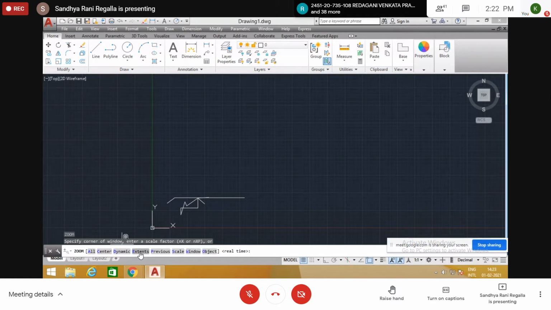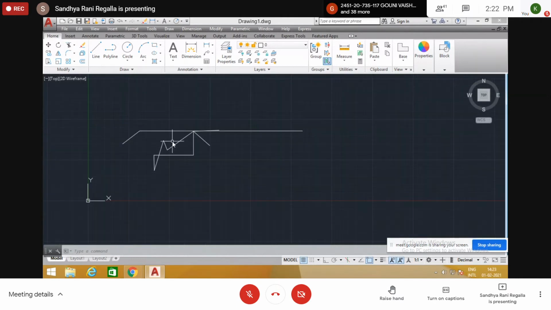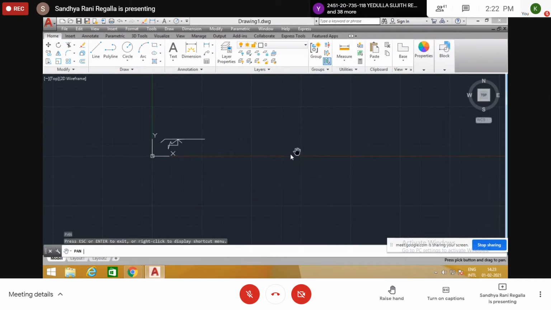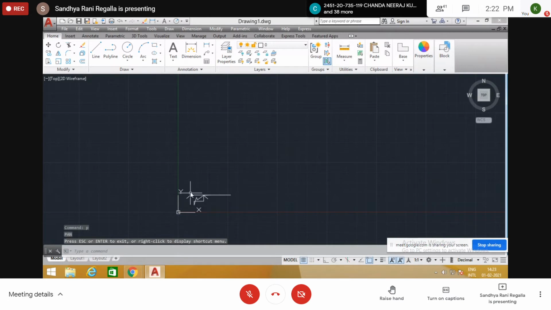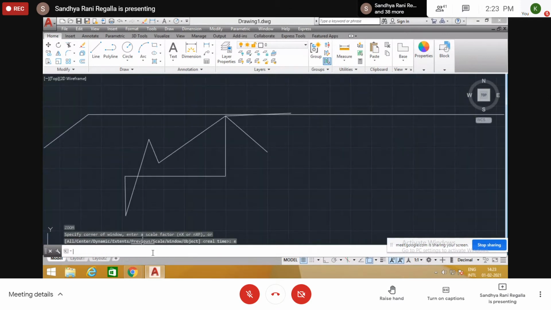Zoom extents means, see, you go to the extents option, E, enter. So whatever diagrams are there on the screen, those diagrams are fully covered by the screen. That is the zoom extents option. Earlier, the diagram is like this. So this is the only diagram, a very small object here. Now if you go to the zoom extents option, whatever diagram is there on the screen, that diagram is fully covered by the screen.